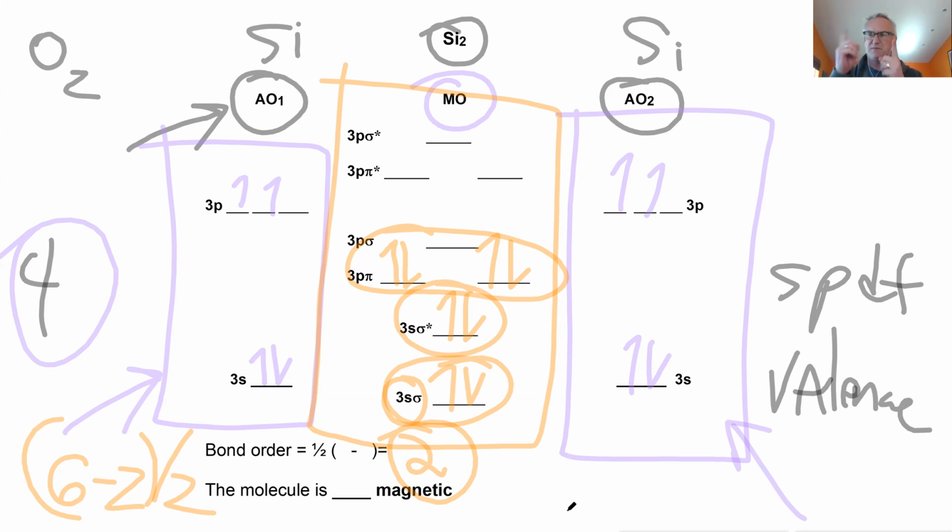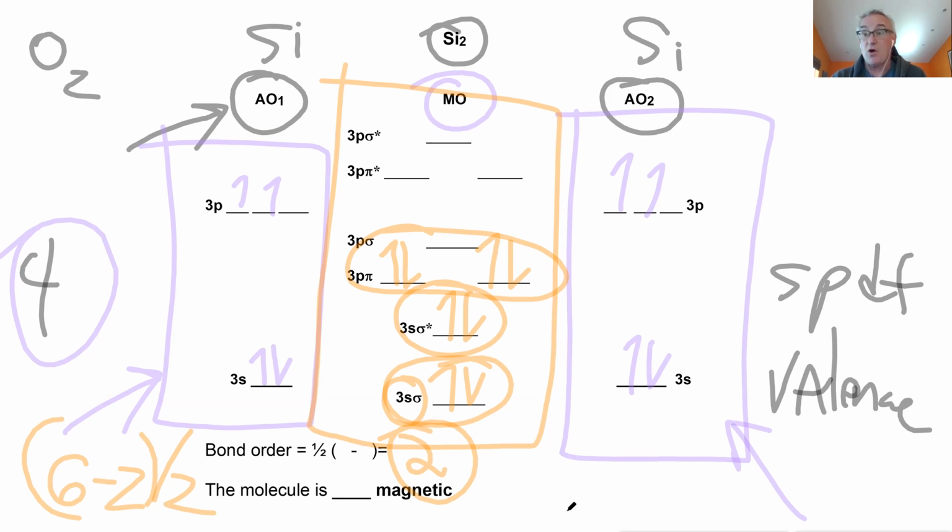And so if I have everything spinning in the same direction, it increases my magnetic dipole. If everything is paired up, just like a molecule with all its bond dipoles pointing in opposite directions cancels each other out, the same is true for magnetism. So if all my electrons are paired up spinning in opposite directions, they all cancel each other out and I have no net magnetic dipole. So does this molecule have all paired electrons or does it have unpaired electrons?